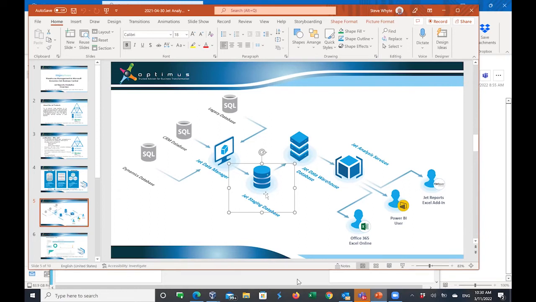So it is the business unit that will bring this data into a JET-related database so that you can do all your extraction and your transformation. So going back,